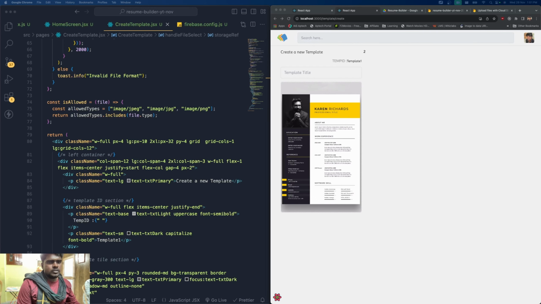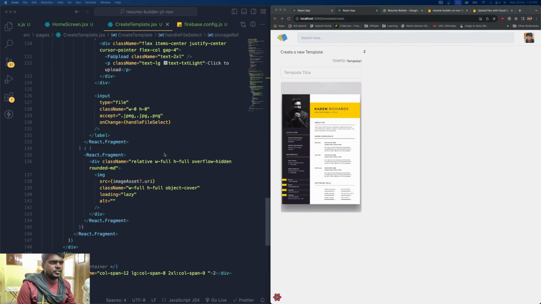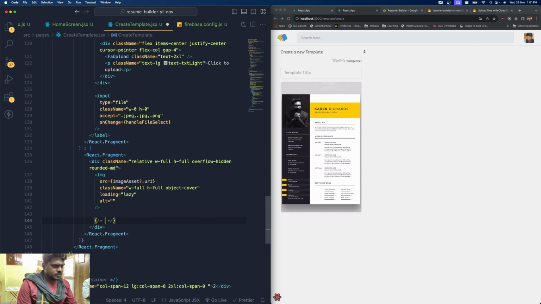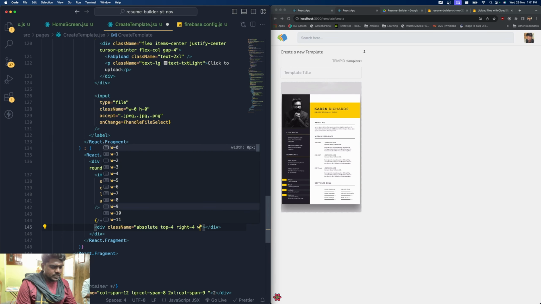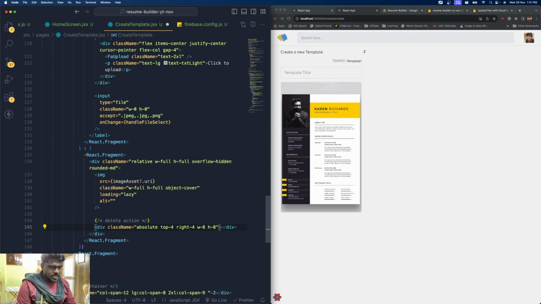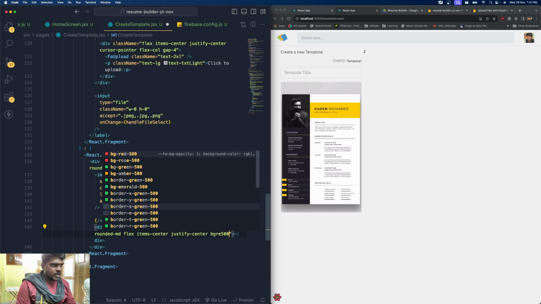All right then, so now all we have to do is to scroll down to the place where we are displaying the image. Right after here I need to bring a division to display the delete action. So let's bring the delete action button over here. So div, let's say class name, and it's going to be absolute position, and the top is going to be 4, and the right is going to be 4, and width is going to be 8, height is going to be 8, and rounded-md, flex, items-center, justify-center, and the background is going to be red-500,